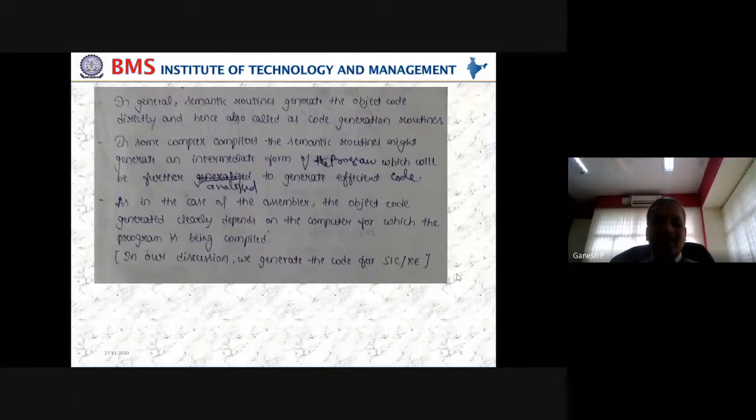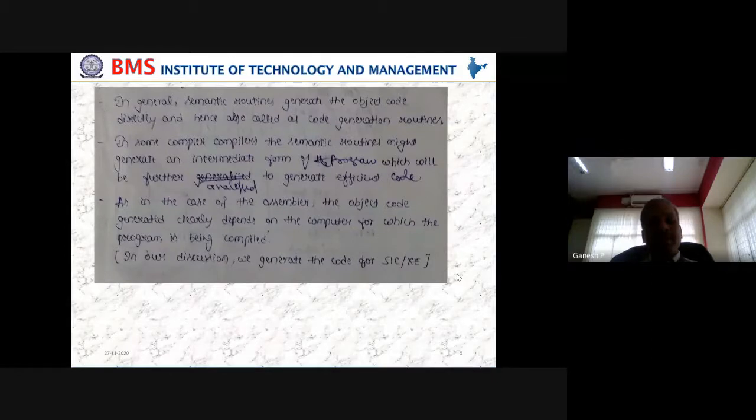So why is this intermediate form required? To make the final object code more optimal, because there is some intermediate verification we can imagine, in a general line, which is going to help to have a better object program at the end, maybe an efficient or a more optimized program. But an intermediate form is also possible, is what we have to observe. But an intermediate form is not an object program. It is just one representation of the source program. We can say a revised source program, which is compatible for object program generation.